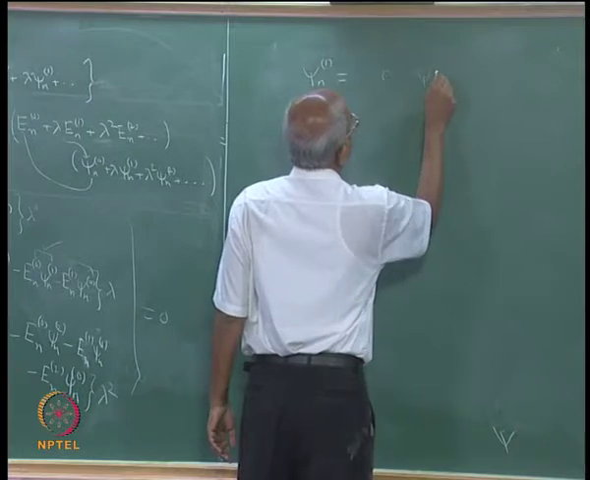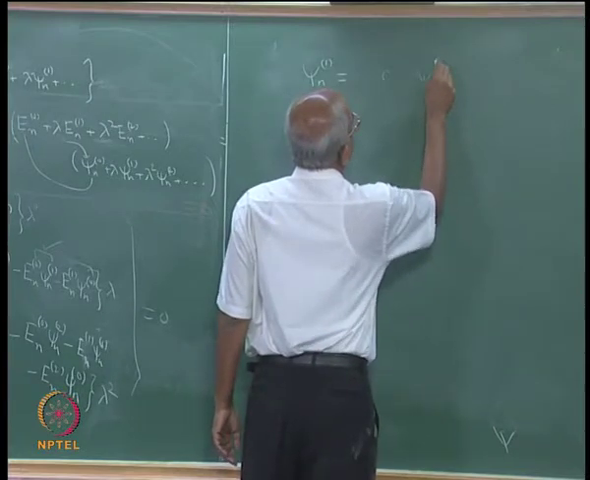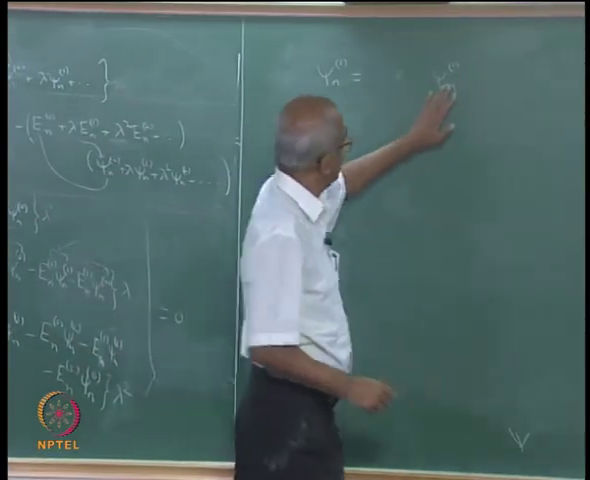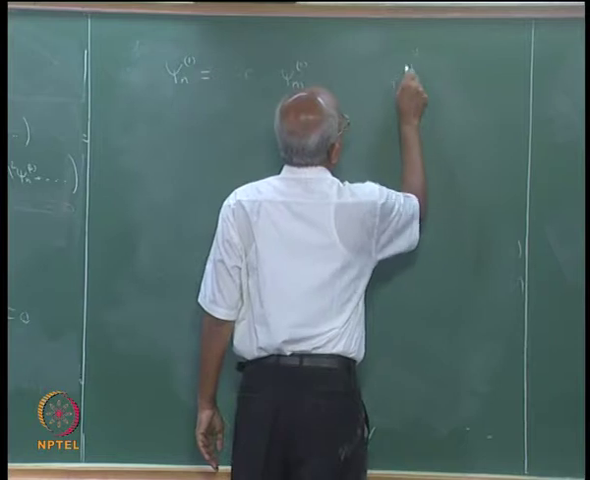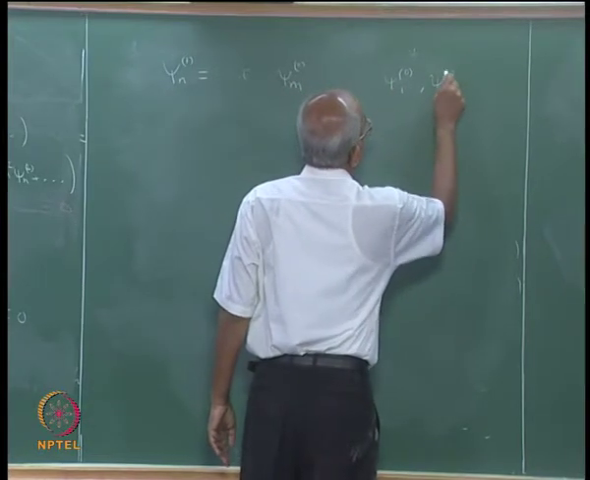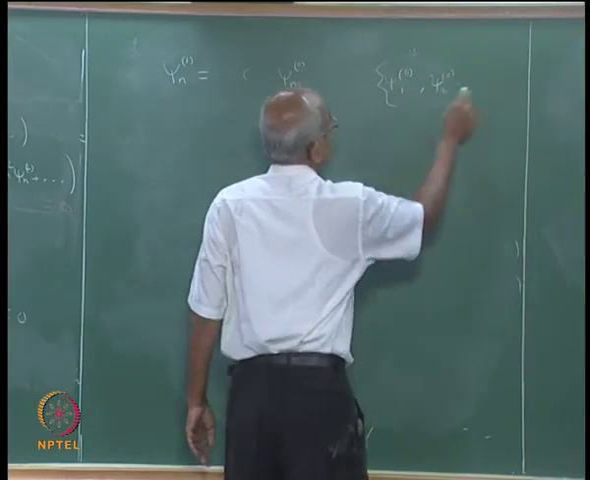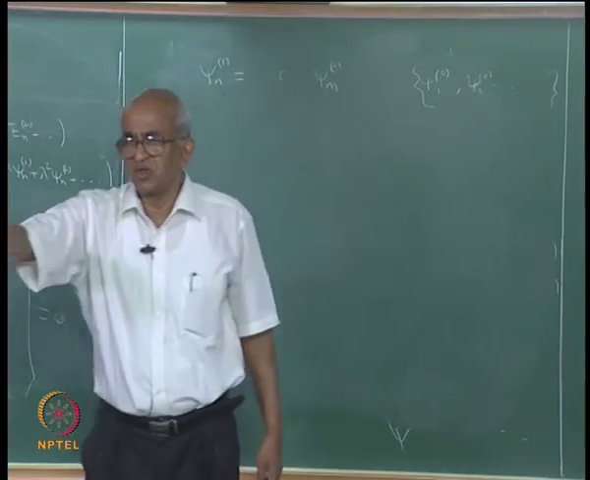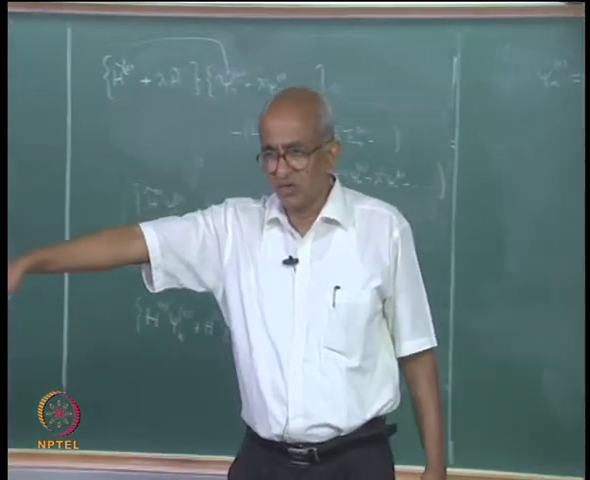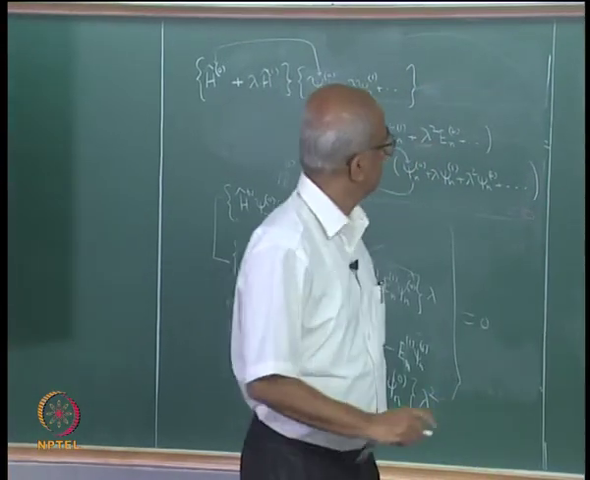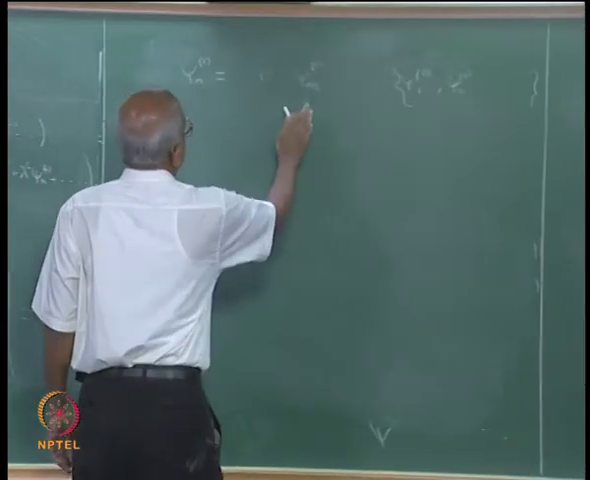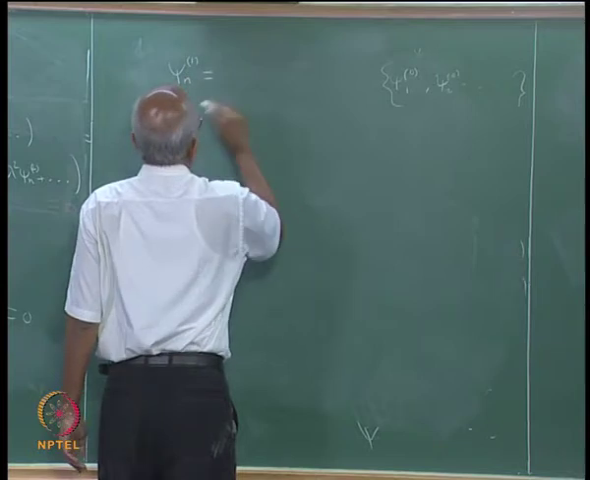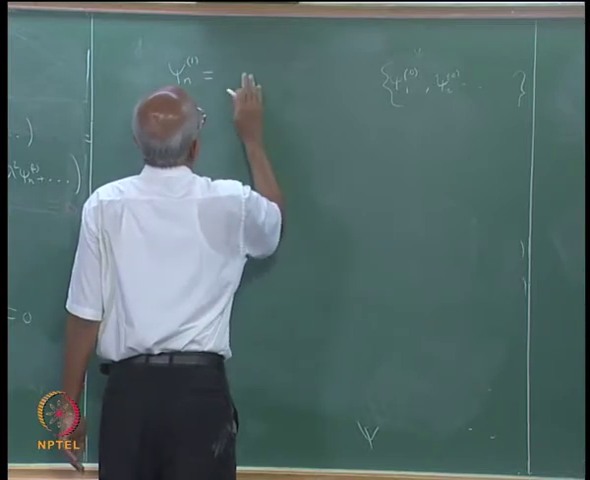psi m0. This is my complete set, that is, I have psi 10, psi 20, etc. I have this complete set. These functions are normalized, each one of them is normalized and each one is orthogonal to all the remaining. So, let me say that I can write this psi n1, the first order correction to the nth state wave function,